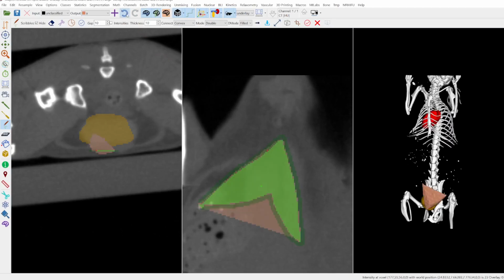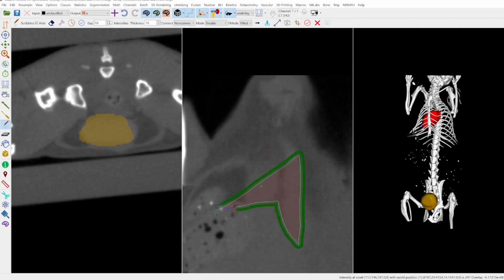Let me undo this. When I select non-convex and draw the scribbles again, then really only the area inside my scribbles, like this, you cannot see the red mask, but it's there, will be segmented.